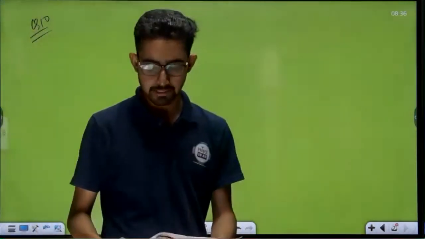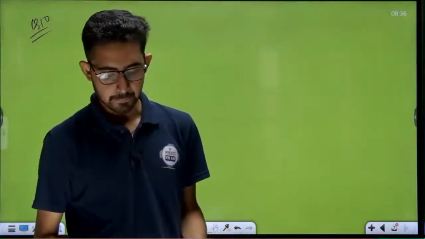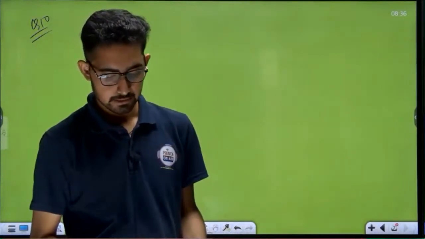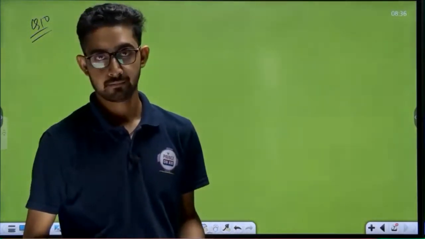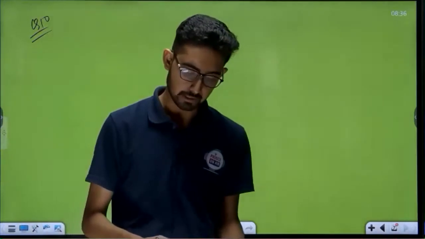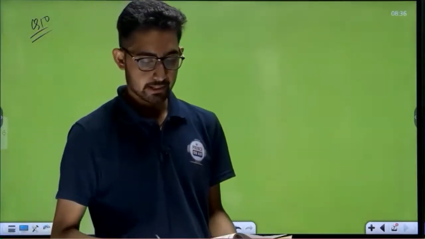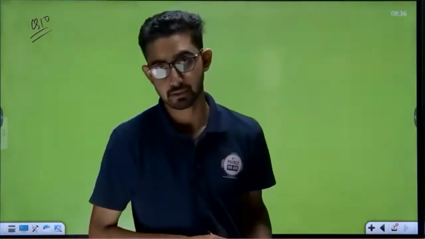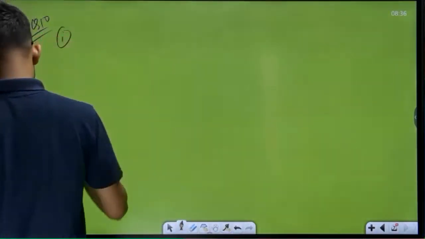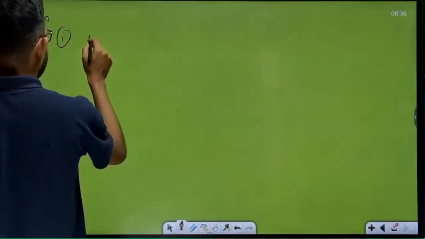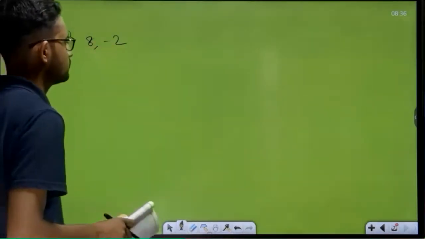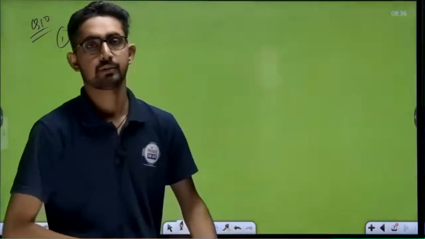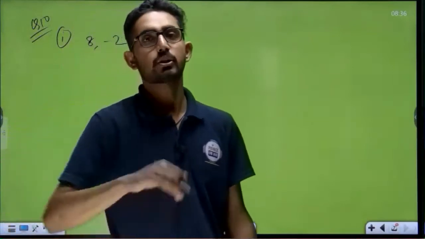Next question, let's see. Question number 10. Now in question number 10, student, subtract the first integer from the second of each of the following. मतलब आपको subtraction करना है, बिल्कुल करना है. Okay, subtract the first integer from the second of each of the following. Second integer में से first integer को subtract करना है. How? Let's see. First part that is given 8 and minus का 2. That is your first question.